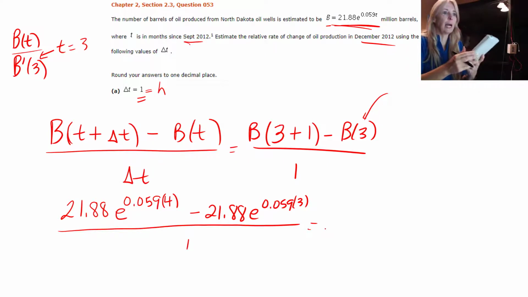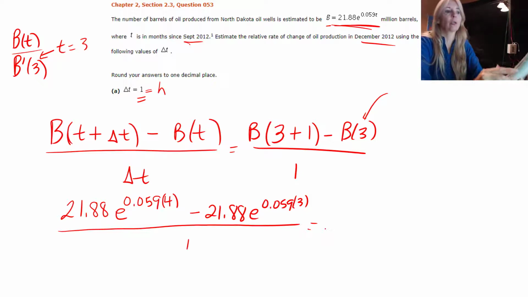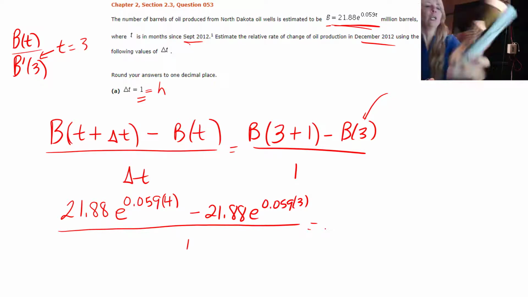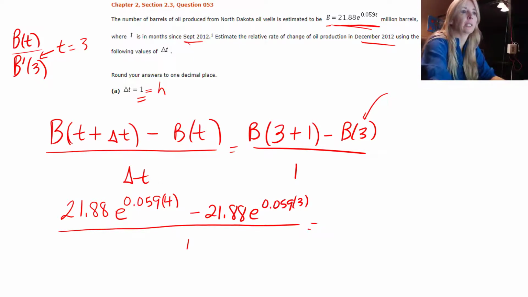So then I get my trusty calculator here, and I enter 21.88. I hardly ever use this one, so I have to find e. Raised to the 0.059 times 4. Can you see that? You need to make sure that all of this is in the exponent. And so if I press enter, I get